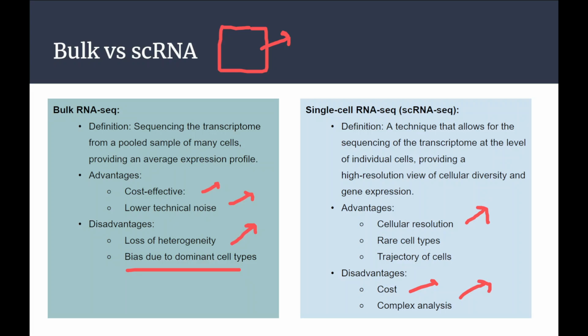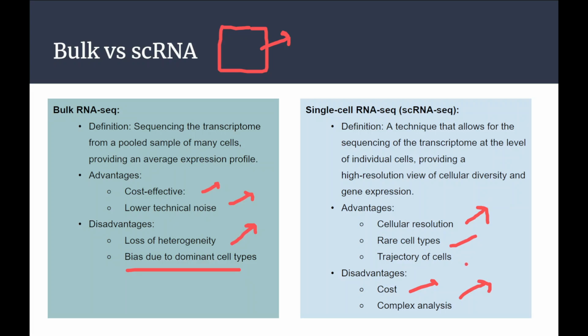But single cell has a lot of advantages. The first is cellular resolution, meaning you can have the expression profile of all the genes at single cell resolution. The second advantage is that we can find tissue heterogeneity. If we are working on lung data, breast cancer, or brain cancer data, we get to know which cell types my tissue consists of. We can also find rare cell types that are not yet explored.